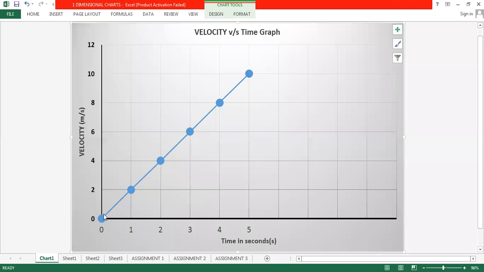Okay. Now look at it. This is a slope. And what is the slope of this line? 2. Means the acceleration is 2. But assume, class, if you get a line like this, what does this line indicate? Tell me the nature of the motion. Which type of motion it is? The red one which I have drawn. Can you say me, beta, which type of motion it is? All of you?